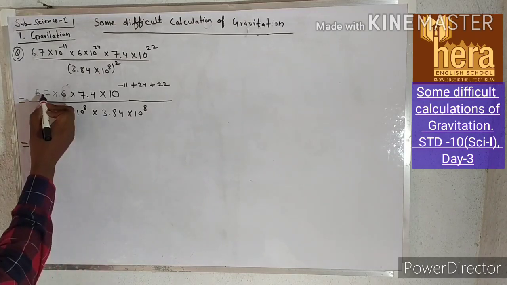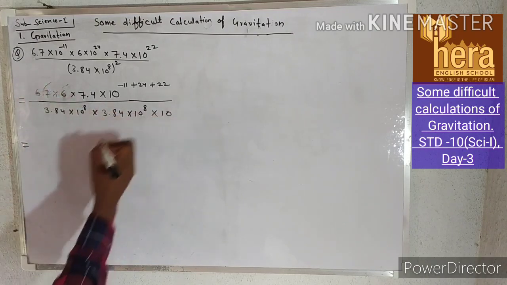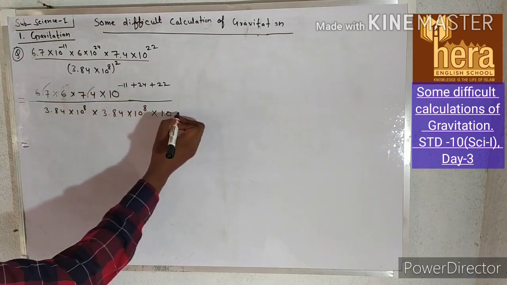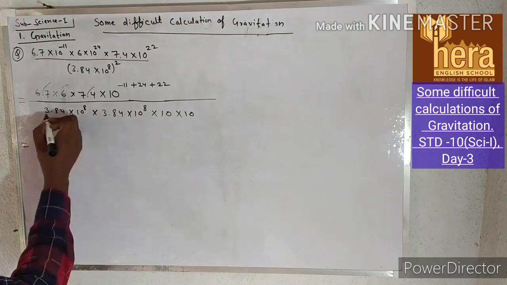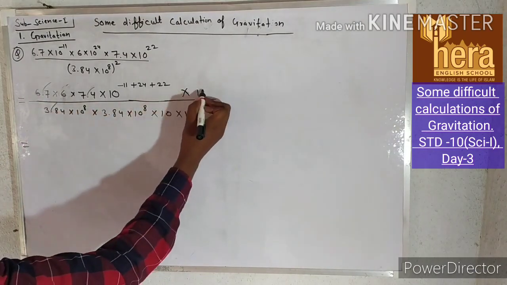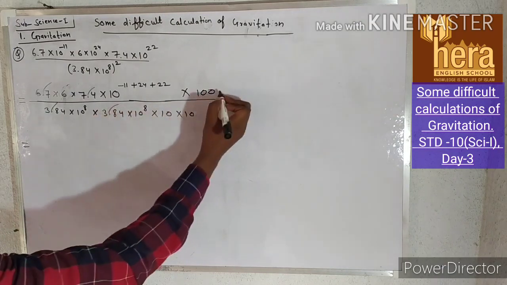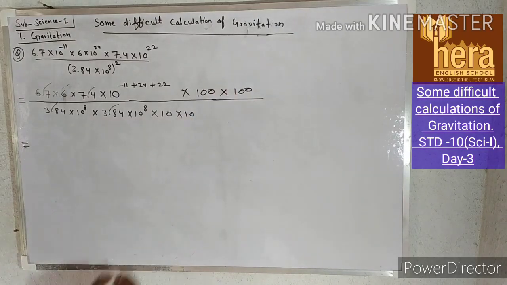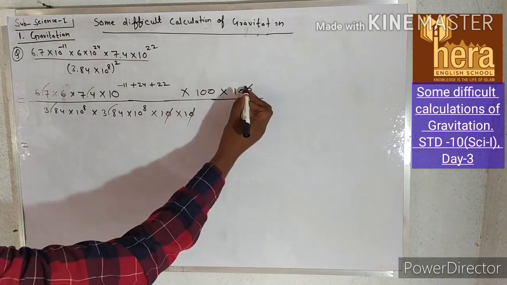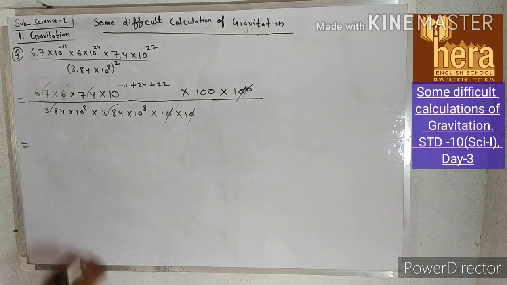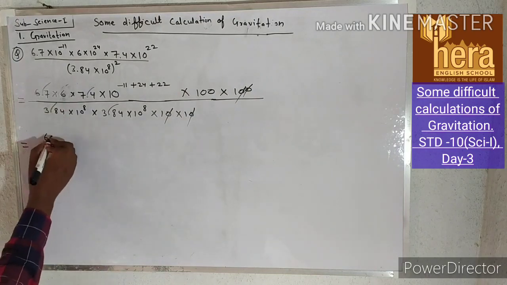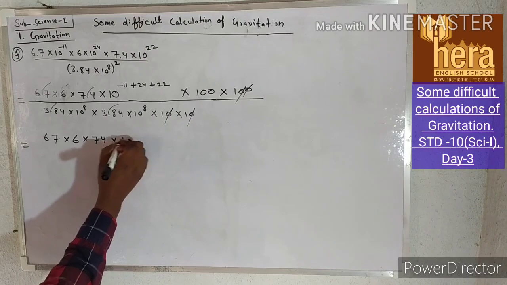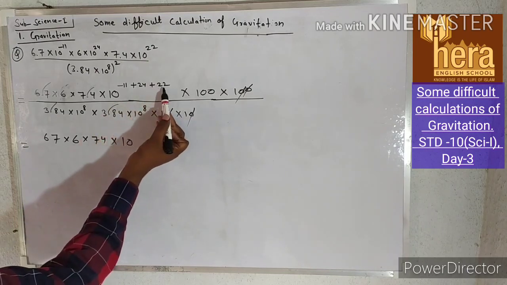Now see, remove the decimal from here, write 10. Remove the decimal from here, 10. Remove the decimal from here, 100. Decimal, again 100. 100 cancel, 00 cancel. It means now you have to multiply 67 into 6 into 74 into 10 raised to, see, this is